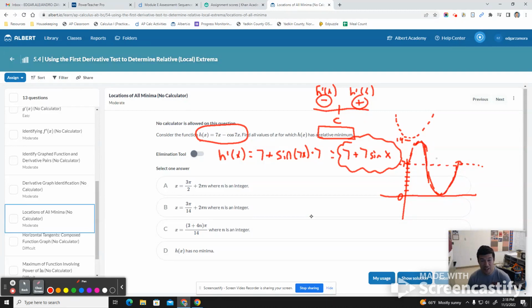So this graph, yes, it will get down to 0 at 3 pi over 2. However, it will never become negative, right? This graph will never become negative. For it to become negative, that would say that you have negative derivatives, right? This derivative